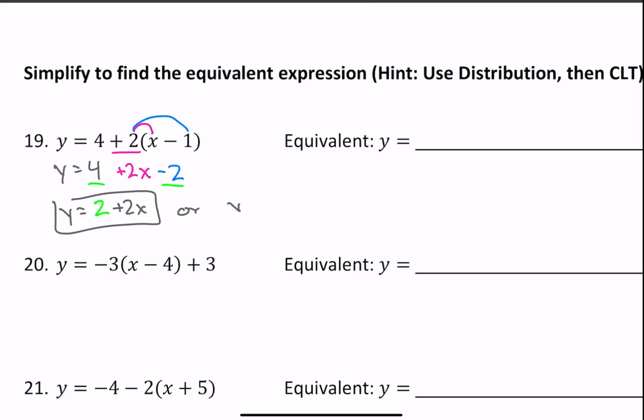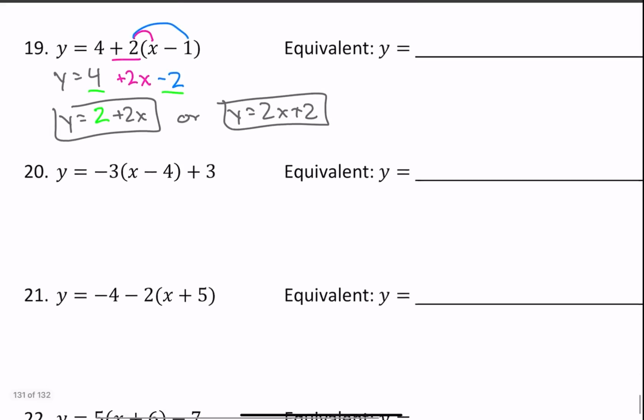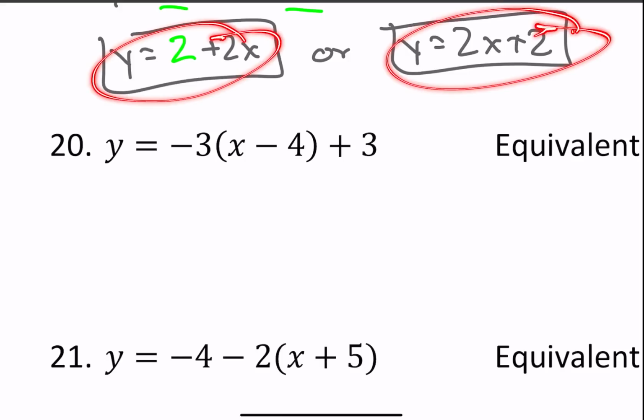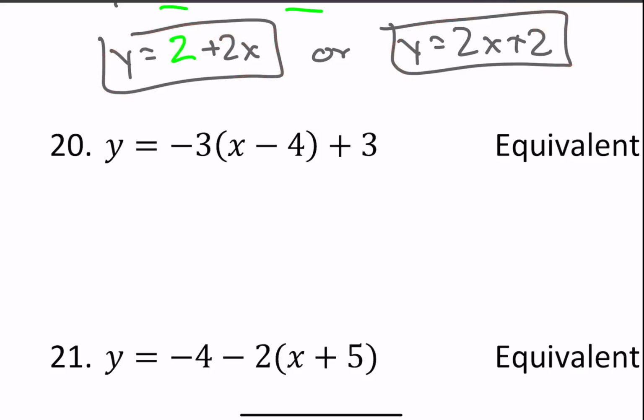Or you can write it as y equals 2x plus 2. They mean the same thing. Just know that they are the same because you might solve it one way, but on your final, it'll look like this. So make sure you know that these are equal to each other. All right, next up we have